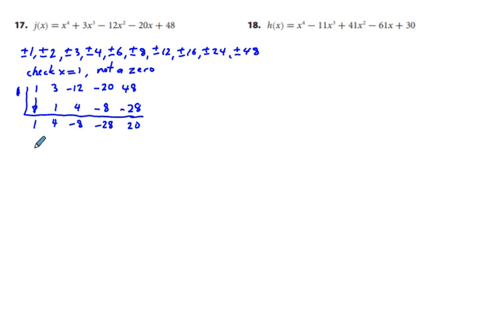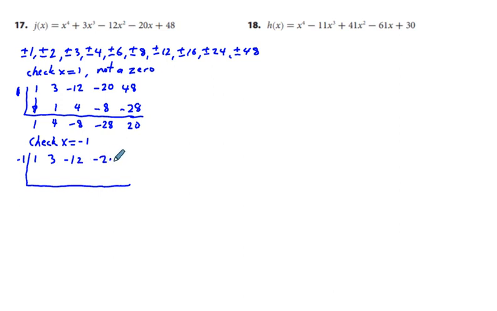Check that. Now we're going to check x equals negative 1 as a potential 0. Do that. Put negative 1 outside here, and then on the inside we put the same as we did up above: 1, 3, negative 12,